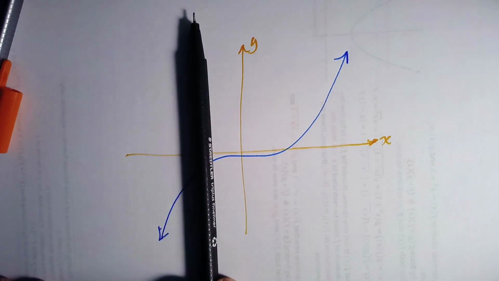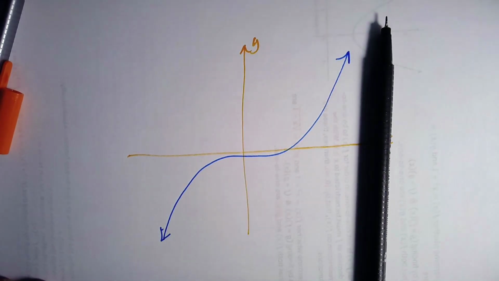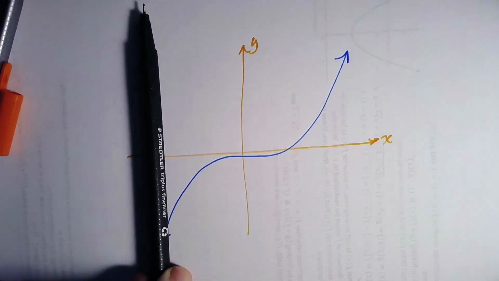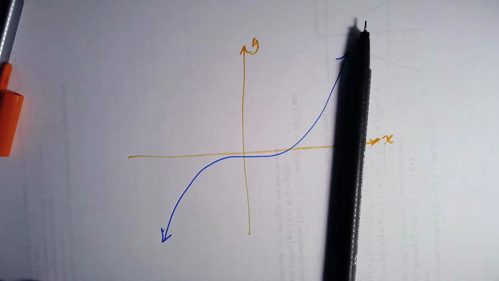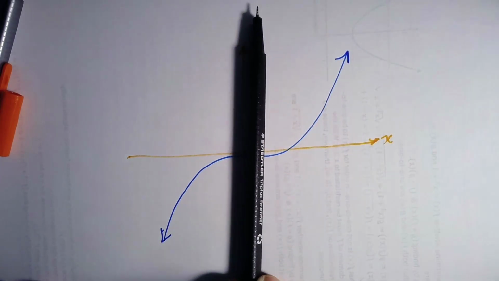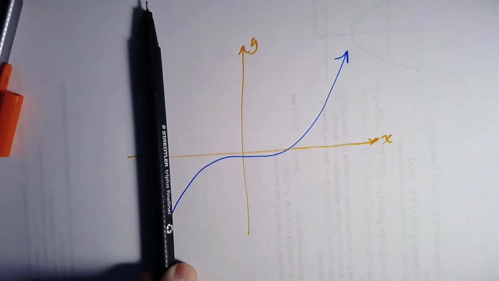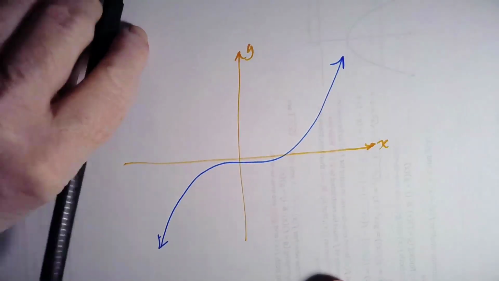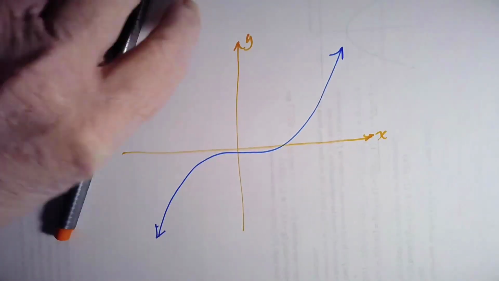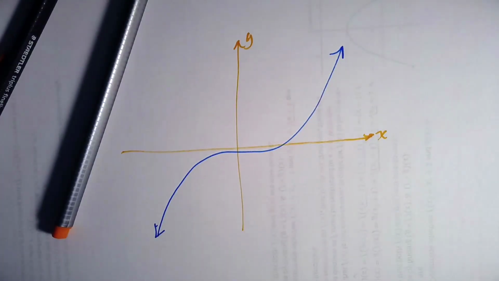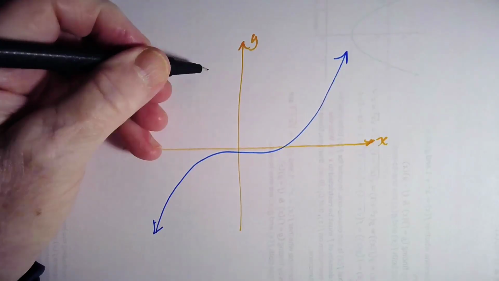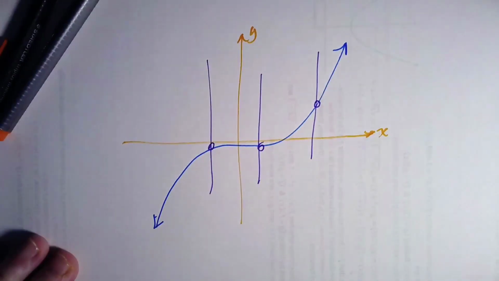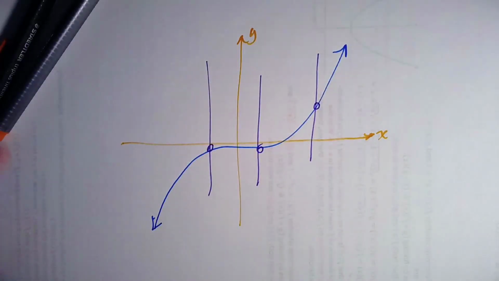If I trace a vertical line across, do I ever touch the graph more than one time? Yes, ma'am. Yeah, exactly right. Once right below the x-axis, and then once on the x-axis. So this blue graph